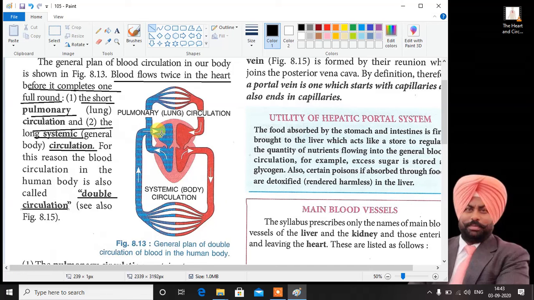Here, let's start with the right auricle. You can see with the help of the yellow cursor. The blood from the right auricle enters into the right ventricle. From the right ventricle, it enters into the lungs for oxygenation. And from the lungs, it again enters into the heart. Now, the blood started from the heart and it ended up in the heart again. And as the lungs are closer to the heart, this circulation is called pulmonary circulation, a short circulation.